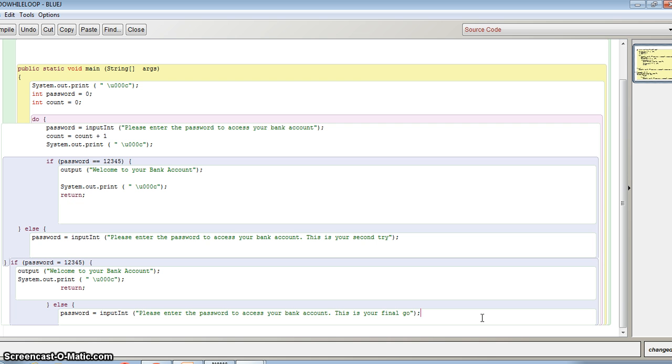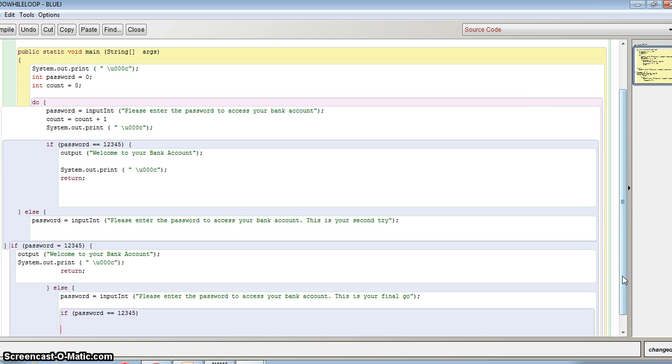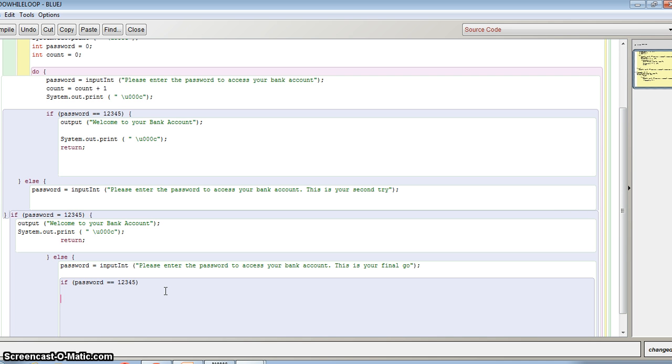So if password equals 12345, output welcome to your bank account, and then you just return to the do while loop at the beginning, and of course, and then